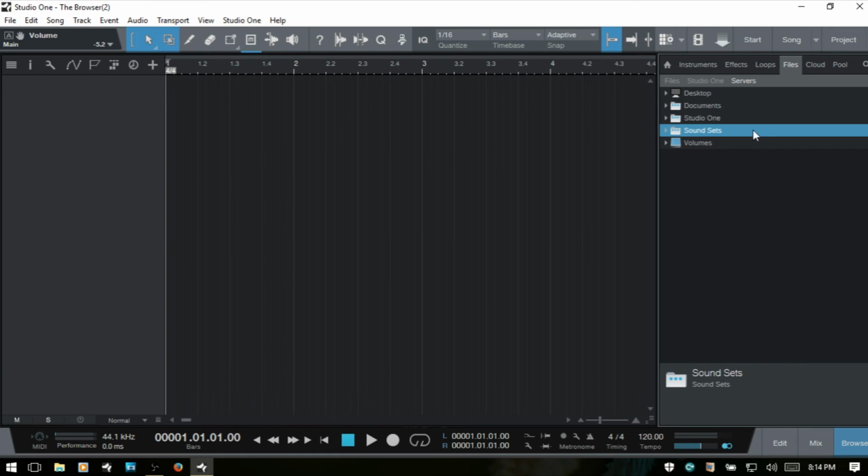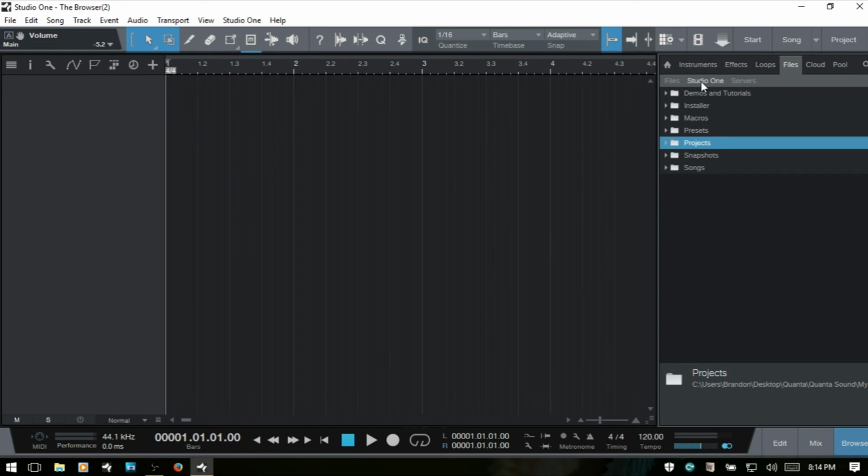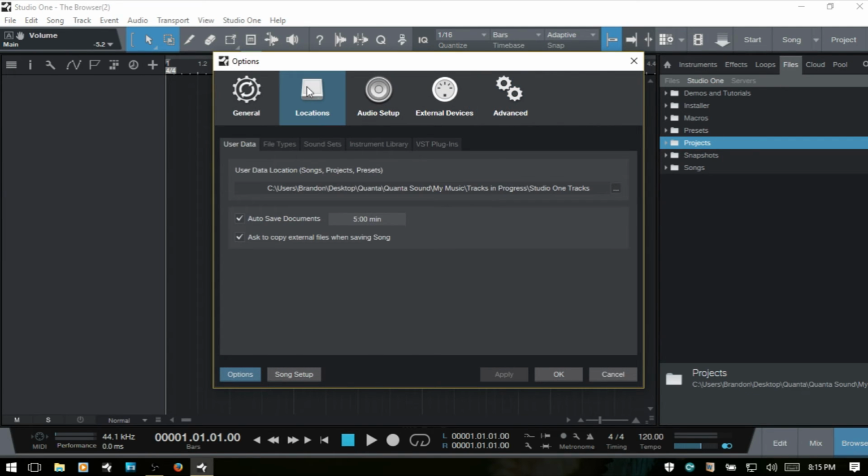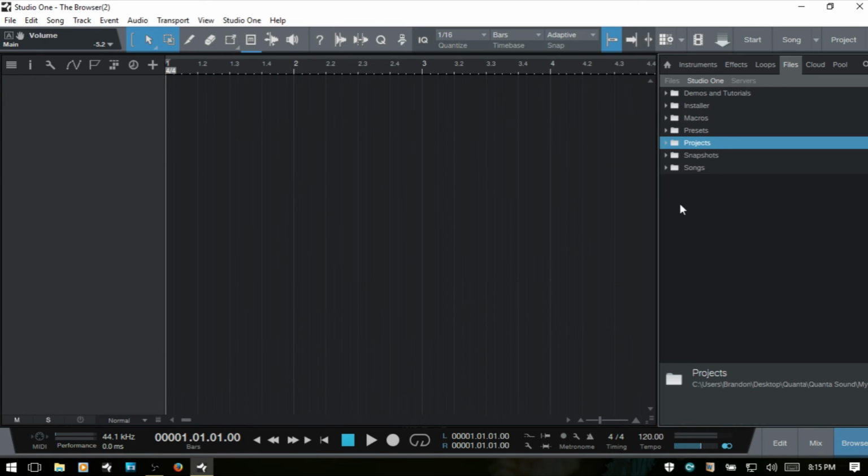Now we've got 3 subcategories or 3 subtabs within the Files tab. Now if I select Files here, this is going to access all of our folders and files on our computer directory. Next we have Studio One, and this will give us access directly to our Studio One content, which is what we have set in our options. So if I press Control comma and bring up the options menu and come to our locations and the user data, whatever we have set here is our default location for storing our presets, our songs, our projects, the demos, all of that. I'll cancel out so we can see